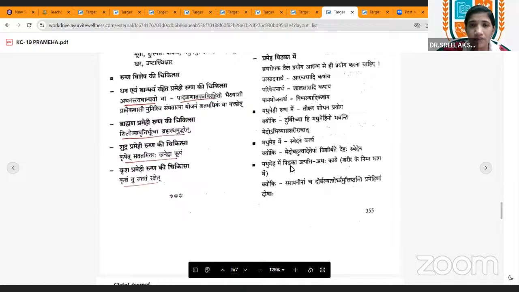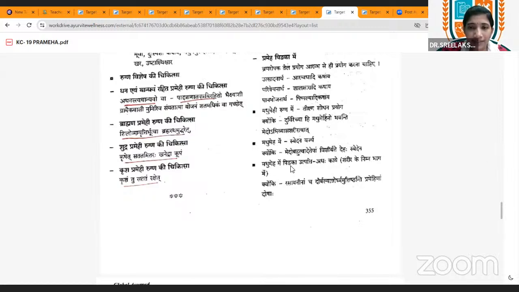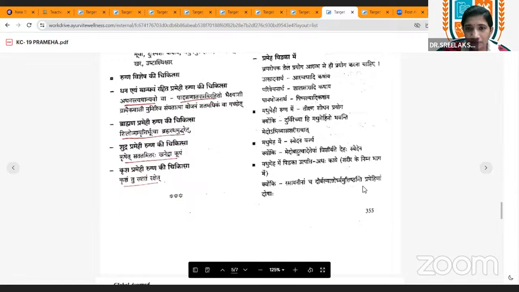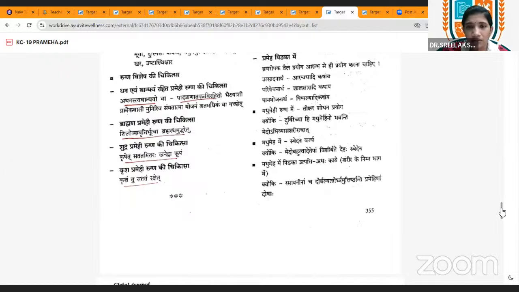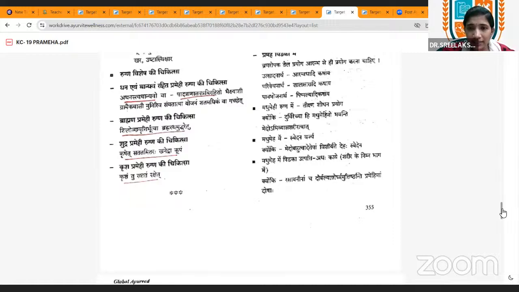Okay, because in Madhumeha, what is happening? Medo Bahutva. Okay, vitiation of Medas takes place here. So by doing this Sveda karma, it will again vitiate the Medas. That is why Sveda karma is contraindicated in Madhumeha. Okay, so the procedure which is contraindicated in Madhumeha is Svedana, because in Madhumeha there is Medo Bahutva. And we can do Tikshna Shodhana in Madhumeha because all the patients are Durvirechya. Okay, that is why Tikshna Shodhana is indicated.